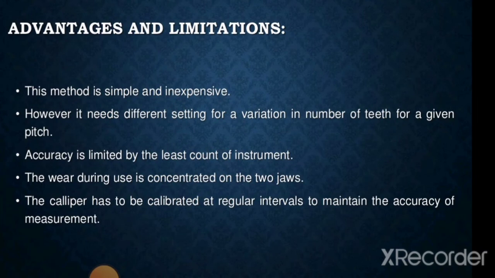What are the advantages and disadvantages of this chordal method or vernier caliper method? First we will see the disadvantages. The vernier itself is not reliable when it is closer than 0.01 mm. The measurement depends on two vernier readings, horizontal and vertical, each of which is a function of the other. They are dependent on one another. Measurement is made with the edges of the measuring jaws and not with their faces, which again does not lend itself to accurate measurement.